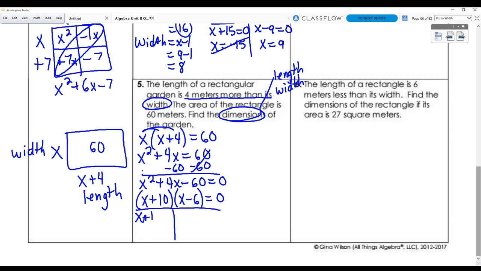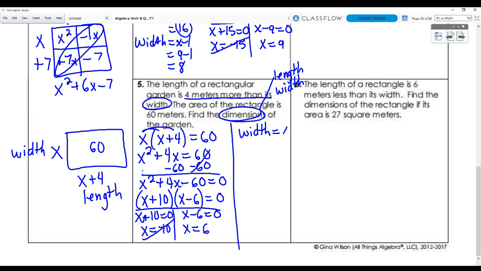And I have x plus 10 is equal to 0. X minus 6 is equal to 0. So x is equal to negative 10. X is equal to positive 6. It's a real life question. The x cannot be negative 10 because it's the length of a side of a rectangle. So I reject it. And I say the width